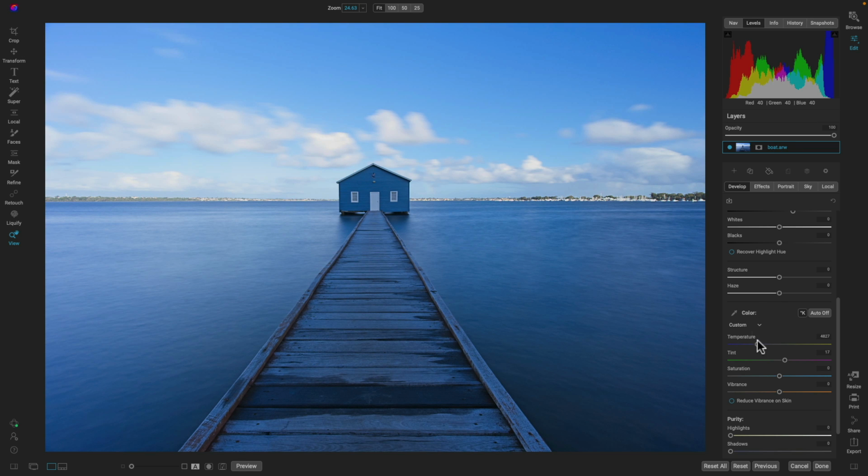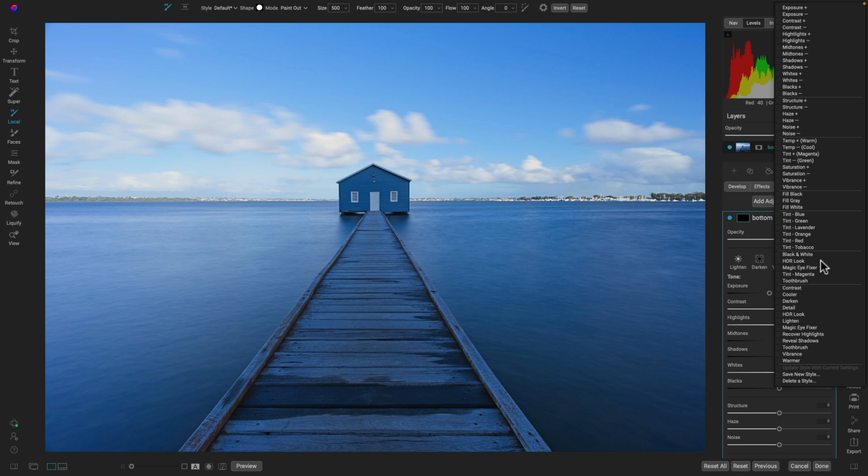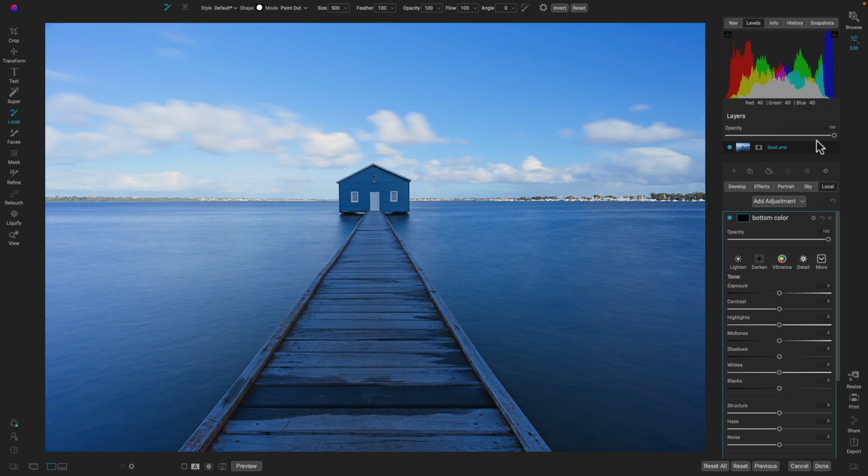So to modify the foreground independently of the sky really easily, let's go into the local tab. Let's use this local adjustment. We'll rename it bottom color. Let's use our preset menu here, and we're going to go to temperature warm. Now with local adjustments, by default, they're not actually applied, so you have to apply them or mask them in to see them. In this case, all we have to do is modify that temperature there, and then go